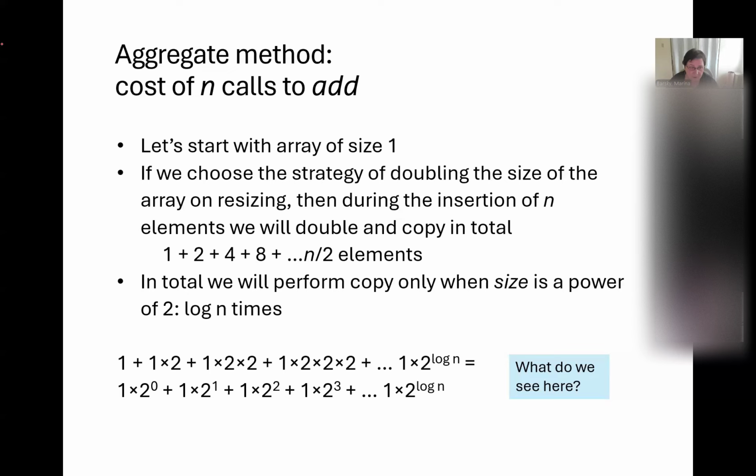And now if you look at this sequence, can you see something about it? Do you recognize this sequence or not? Remember, we were talking about sequences, like important summations. What is it? Arithmetic series? Not really, right? Do you see what it is? Geometric. It's a geometric series, right? Like we start with 1 and every next element is doubled. It's a geometric series with first element 1 and